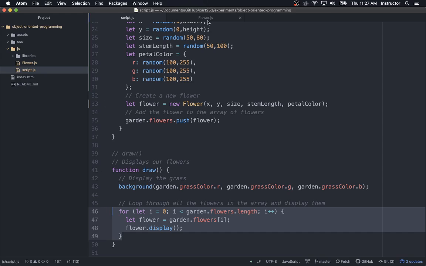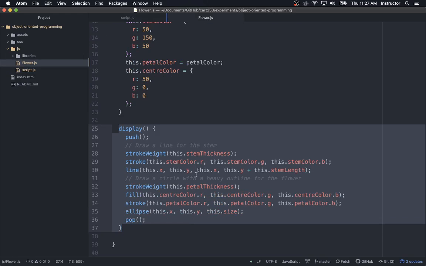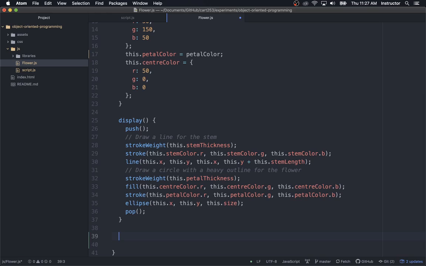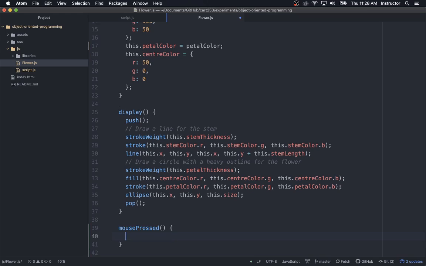Well, I want the flower to react to being clicked on, right? So my initial thought, and I think this is correct, is that I want a method in my flower that can react to being clicked. That makes sense because now that we're keeping all of the code associated with our flowers in one place in our class, this is where I should have any method that responds to a specific kind of event. So I would want to define a method called mousePressed, and I would want to do the appropriate thing here. Remember, I'm trying to detect whether a flower was clicked on,